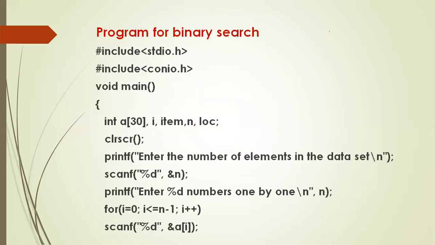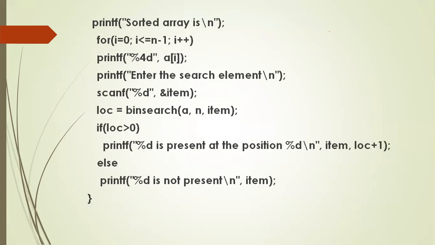The second program is about binary search. This part is similar to sequential search only. Here also we require the same parameters: int item, array, n, loc. Clear the screen. Enter the number of elements in the array: scanf percentage d ampersand n. Suppose the n value is 5, then enter 5 numbers one by one. You are inputting 5 numbers here. First you have to sort that array. So for sorting the array,